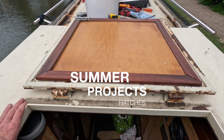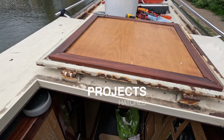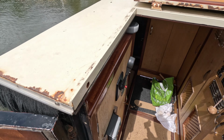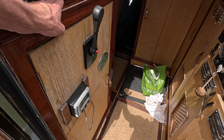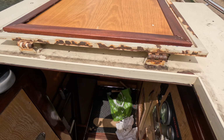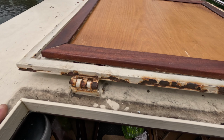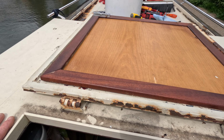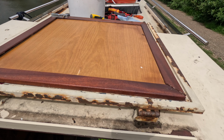Right, so I've got a few projects that I want to do today. Firstly, I've been noticing that the back of the boat needs a little bit of work. You can see all these tiny little rust spots coming up and down. Earlier in the year, I did some of the woodwork down the sides, but it's now time to tackle the parts that I've been trying to avoid. I'm going to take this lovely piece of woodwork off today, prep it for varnish, and start prepping the steelwork